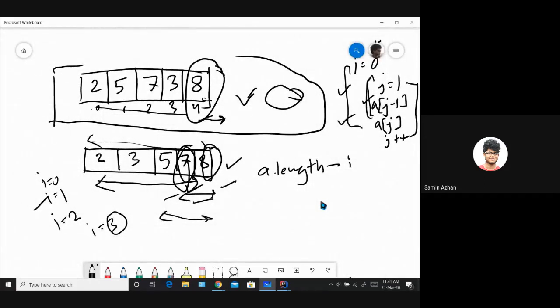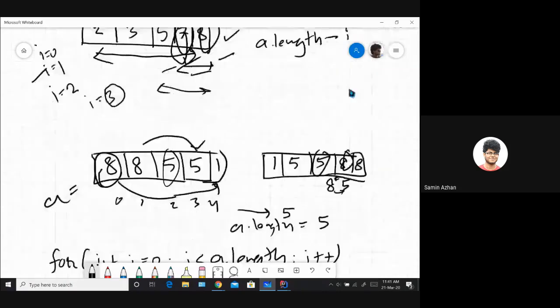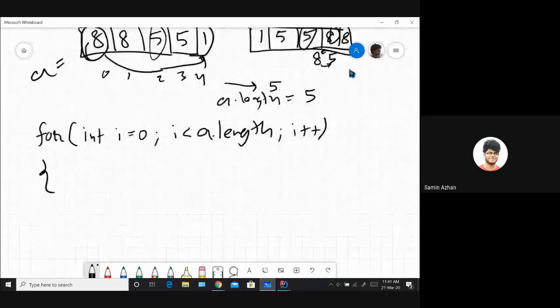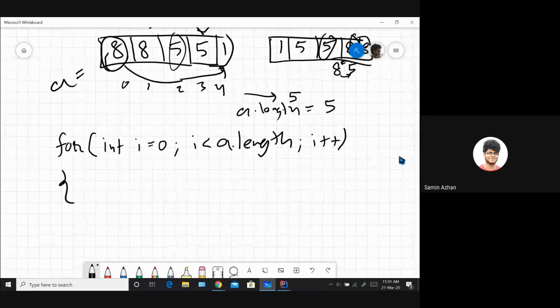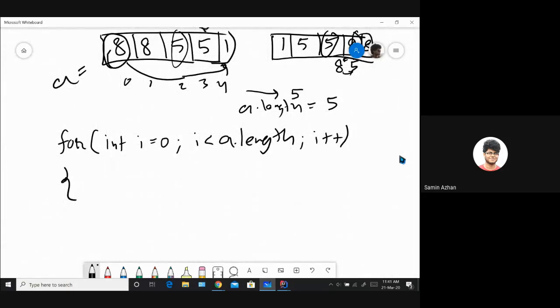Okay, since we're done with this, let's go back to the loop. Okay, so now we'll be trying to sort within the array. By within the array, I mean two numbers right next to each other. Like previously,